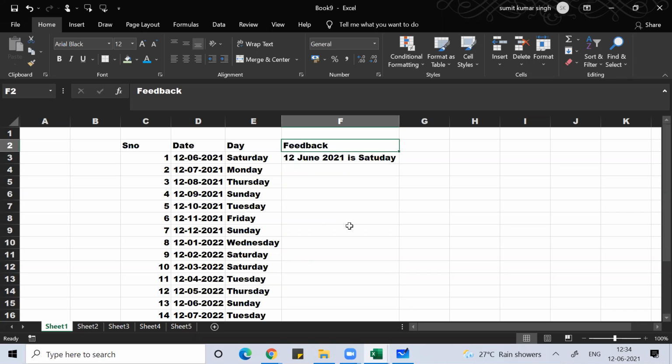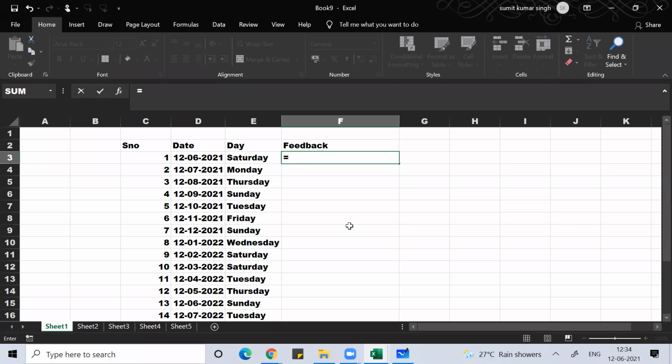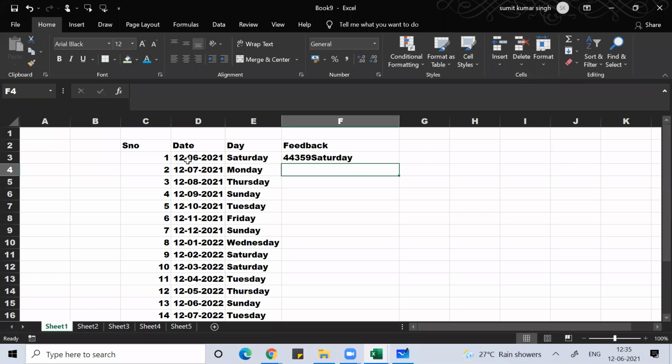So here we'll learn how to merge the content of two cells together. To merge the content of two cells together, click on the first cell. Use Shift 7. Shift 7 is Fevicol in Excel. I hope you've seen the movie 7, the suspense thriller movie. So click on the first data, Shift 7, then the next data. So if you see, it comes together.